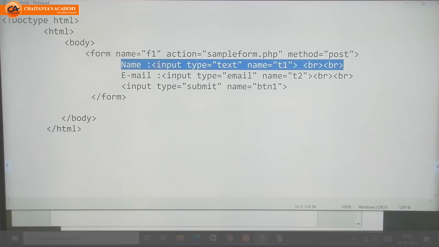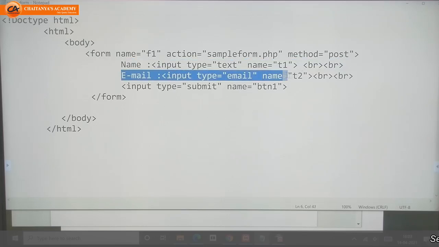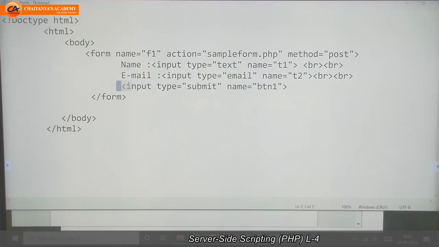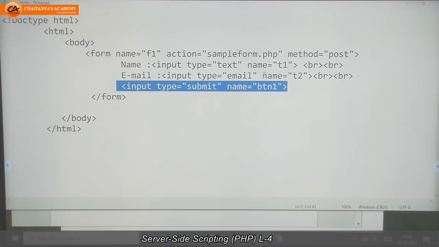It means I want to give one text box where the user can write his or her name, as the label of this text box is name. Next, I want to give another text box which will allow the user to enter his or her email ID. And next, I want to submit both the name and email ID by clicking on the submit button.